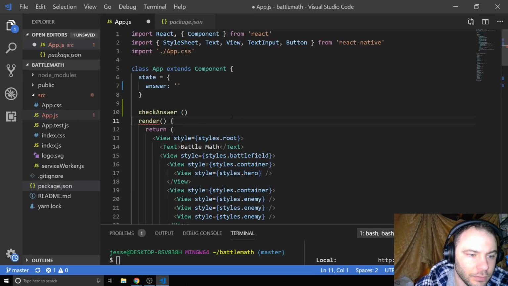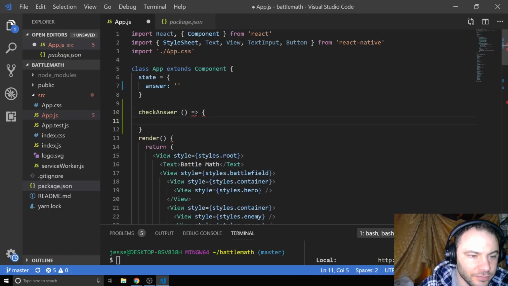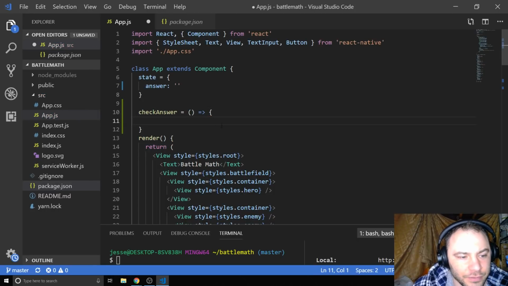Oops. And we're going to use an arrow function here for check answer. I forgot an equals. There we go. So we're going to use an arrow function. I definitely recommend using arrow functions inside your class components, because it helps to reason about the value of this a lot easier, and you don't have to worry about binding this somewhere else. So I prefer arrow functions in this case. Alright, so when we check the answer,